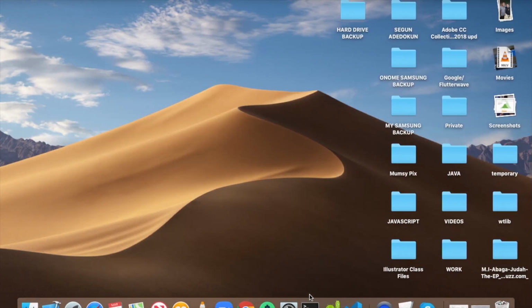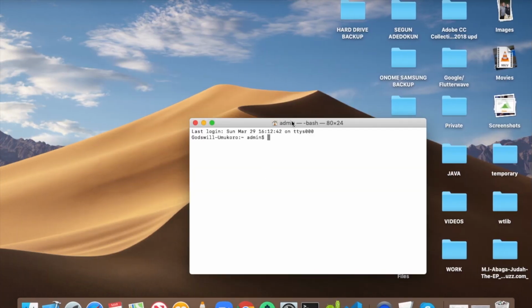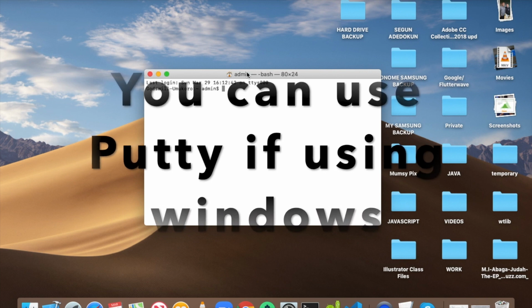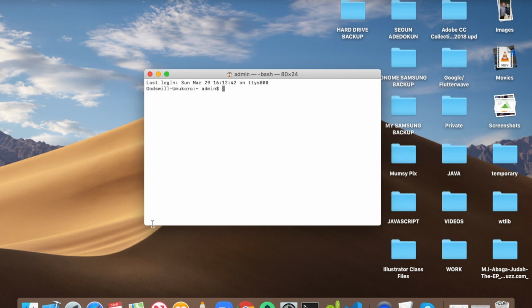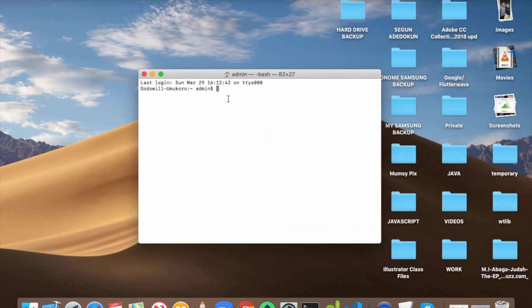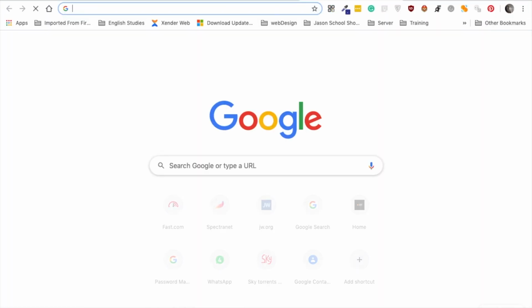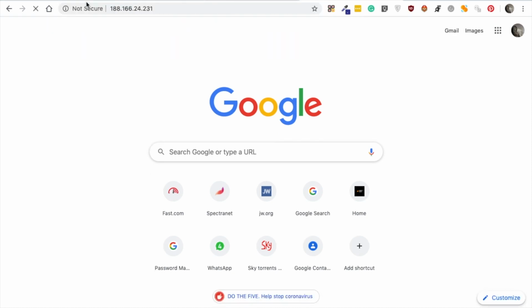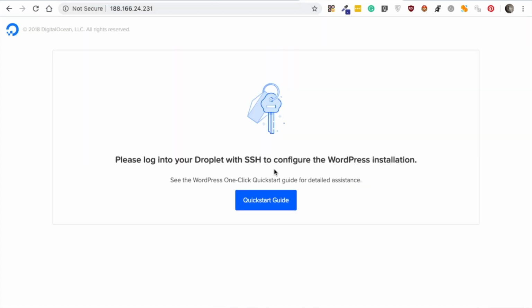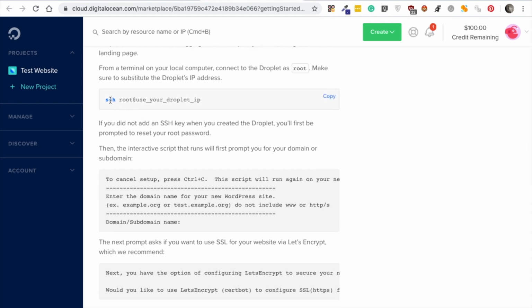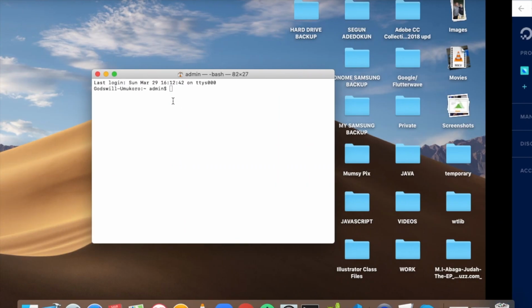If you're running Mac, go to your terminal. If you're using Windows, you can use some other tools. So what we need to do is type some things. So first of all, let's actually even see our website so we'll know what it looks like. So just copy that IP address and paste it, and you see that it's saying that you need to log in with SSH. So what we need to do now is, you see it's written down here, you need to type this: SSH root at your droplet IP. So we'll do that right now